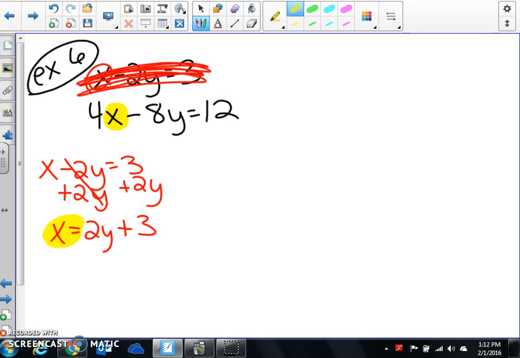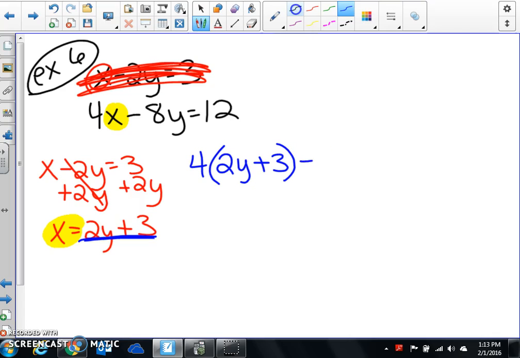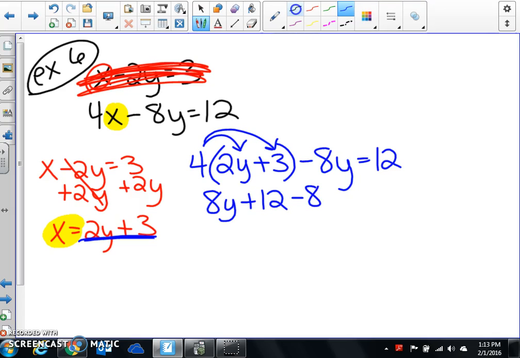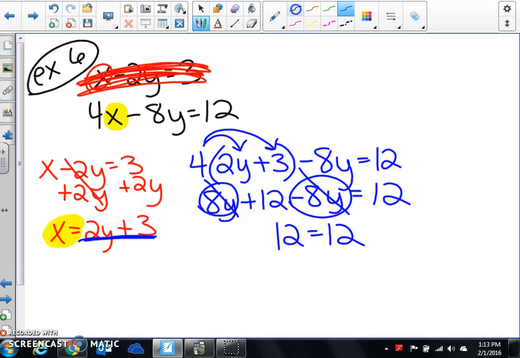Okay, so now that I have an x equals, I'm going to plug it in for right here. So 4 times my x value, 2y plus 3, minus 8y equals 12. Distribute. 4 times 2y is 8y. 4 times 3 is a positive 12. Combine like terms. 8y minus 8y is 0, so those cancel, leaving me with 12 equals 12. 12 always equals 12, so that checks out. Therefore, my solution